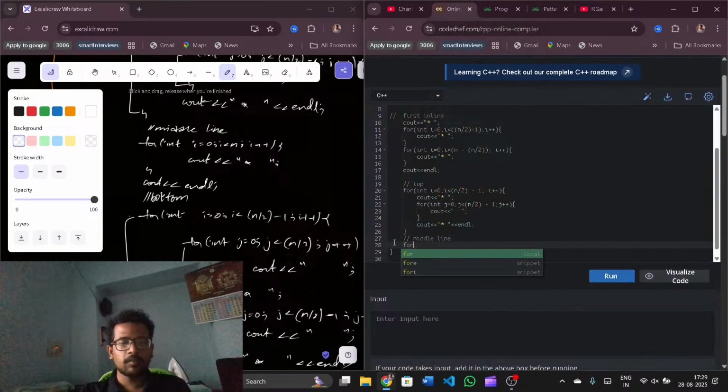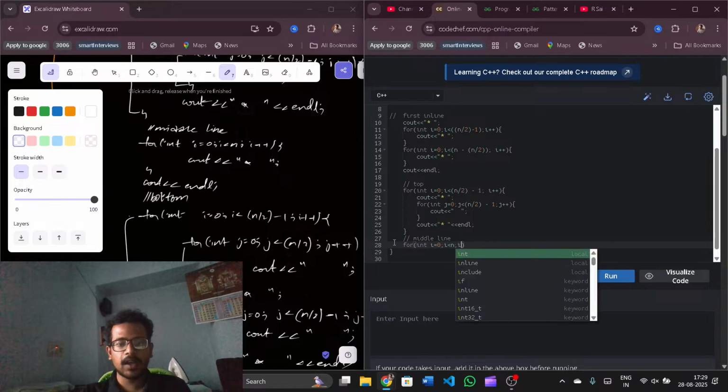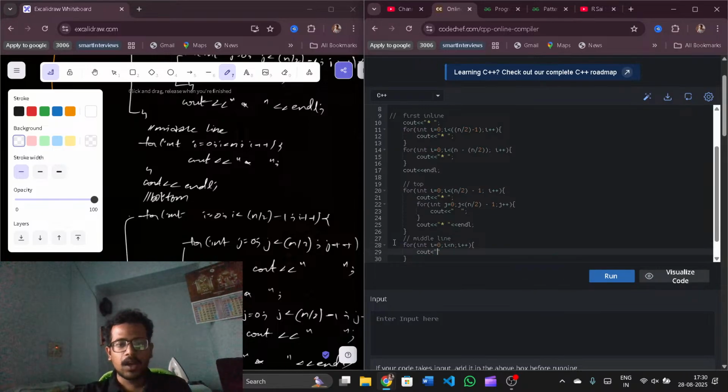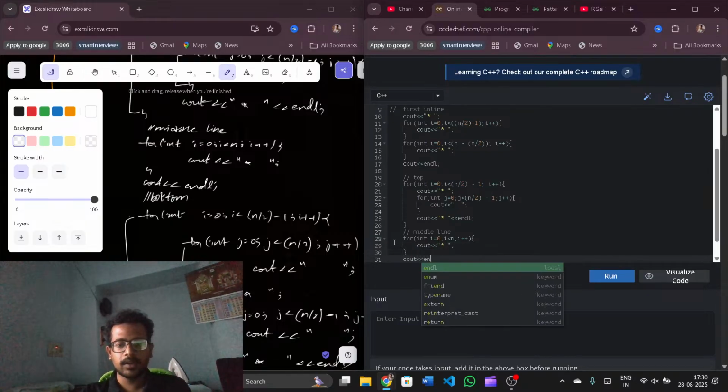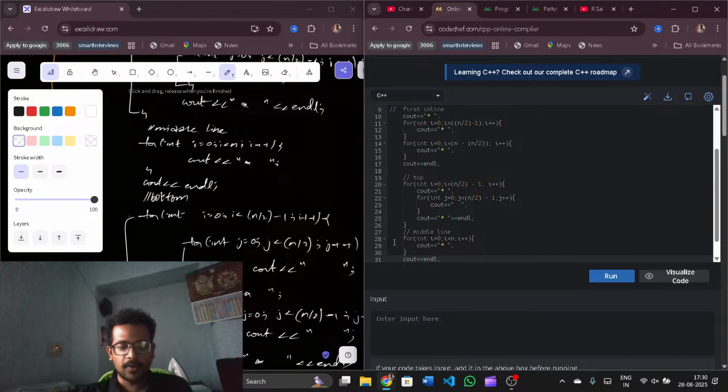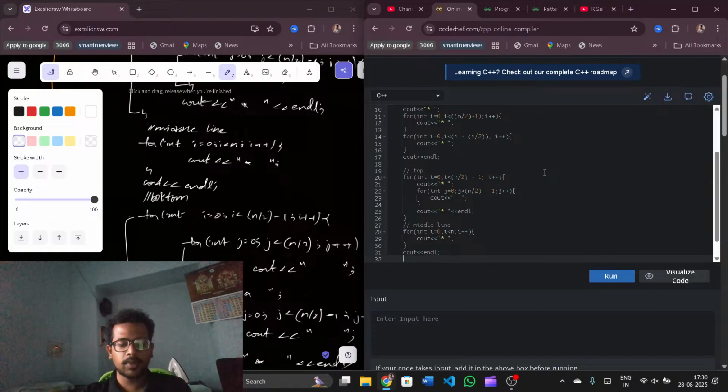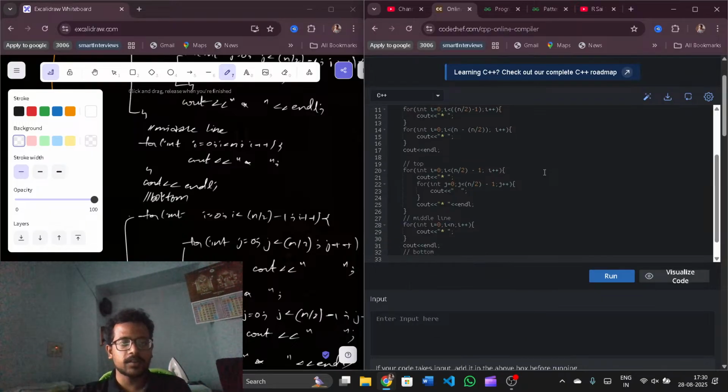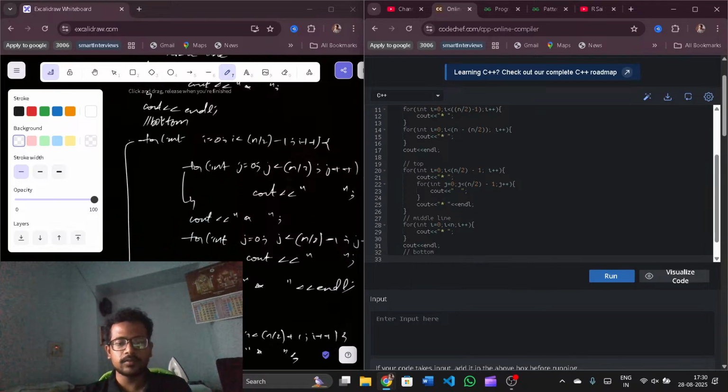So the middle line: for int i = 0, i less than n, i plus plus, cout star, that's it. After that let us print endl. So we'll be having cout endl, and we need to print the bottom, right? Then for